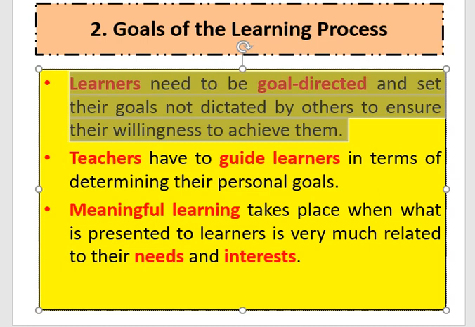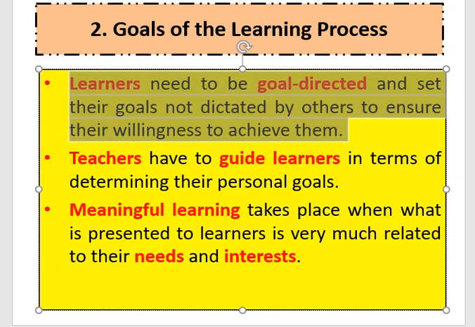That's your personal goal. Pero if your goal is affected by other factors, example, goal yan ng parents mo. You enrolled in education kasi gusto ng parents mo maging teacher ka. Though there is a goal, but since the goal is not coming from you, it's not your own goal, it's not your own desire, the tendency is that mas madali kang mapapagod. Mas madali kang matempt kasi it's not yours.